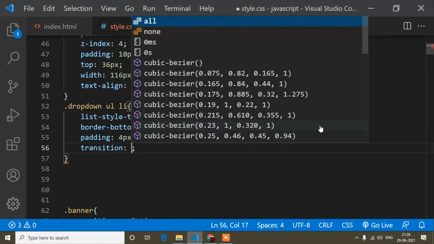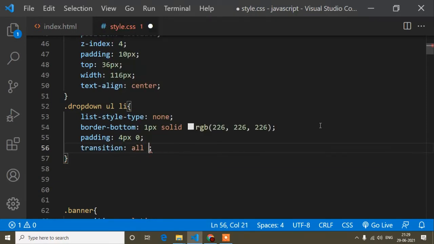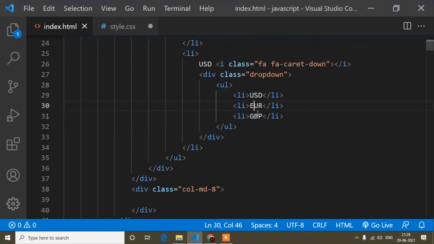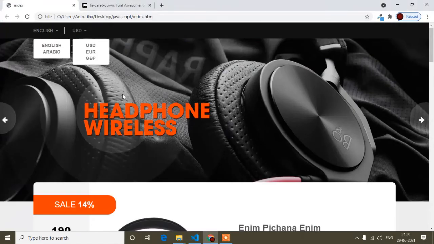And now transition all 0.3s ease. Why have I added transition? Because when I hover on this drop down ul li, I mean USD, Euro, GBP, if I show the preview, when I hover on this one, some hover effect will be added, like I will change the color. So that the hover effect will be smooth, that's why I have added transition.